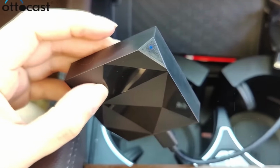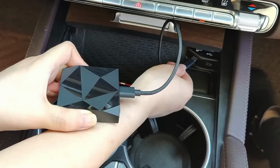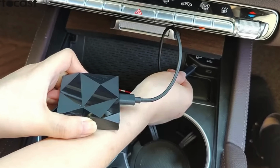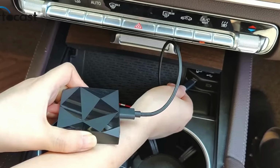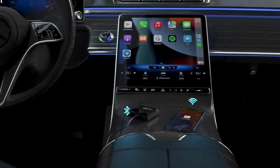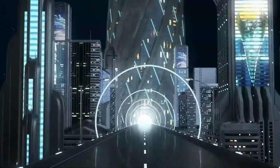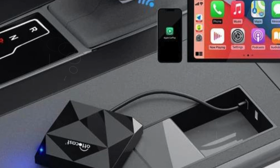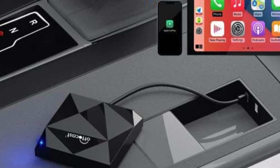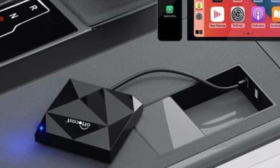Once installed, the U2 Air transforms your driving experience with automated functionality. It automatically pairs with your iPhone via its built-in 5 GHz Wi-Fi module as soon as you start the engine. Whether your phone is stowed away or in use, enjoy seamless integration with voice control via Siri, steering wheel commands, touchscreen interactions, and knob adjustments. Say goodbye to audio delays with its plug-and-play design, ensuring instantaneous audio response for uninterrupted music streaming, navigation prompts, and